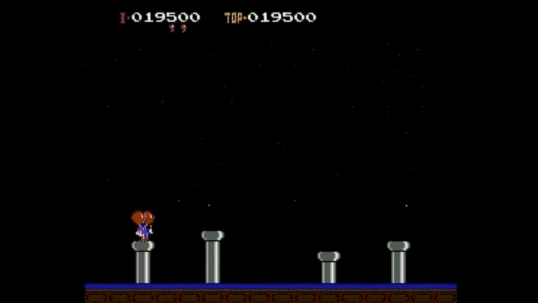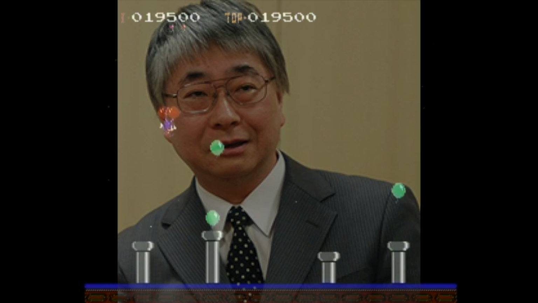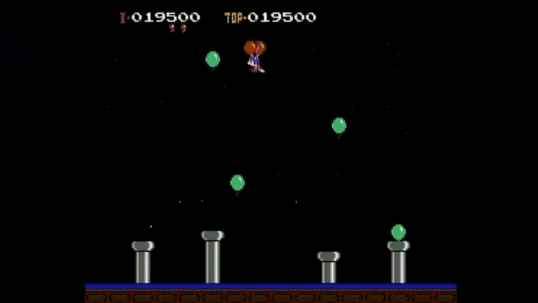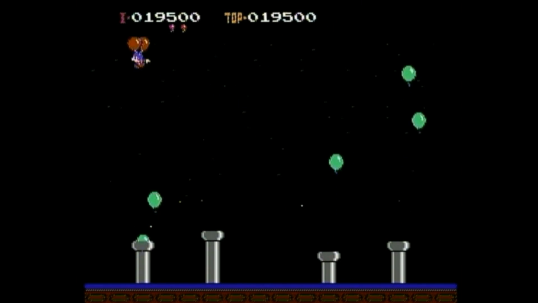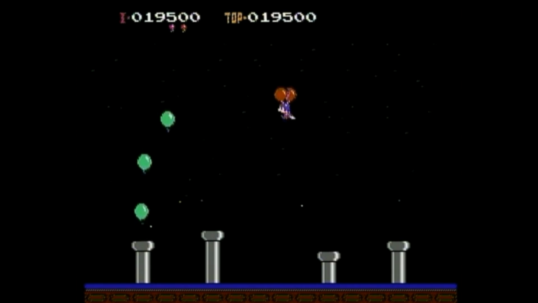During development, the team working on Versus Balloon Fight was having difficulty making the player move smoothly, which was not an issue in the NES version. When Toshihiko Nakago went to ask Iwata how he made the movement of his version so smooth, Iwata explained that his version of the game used decimal points to increase precision.